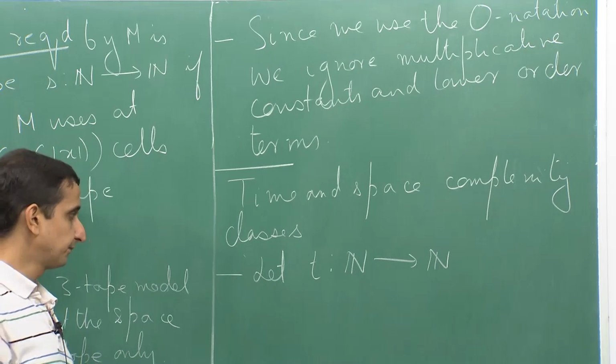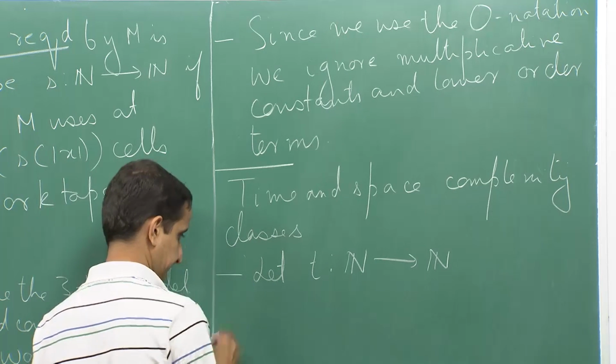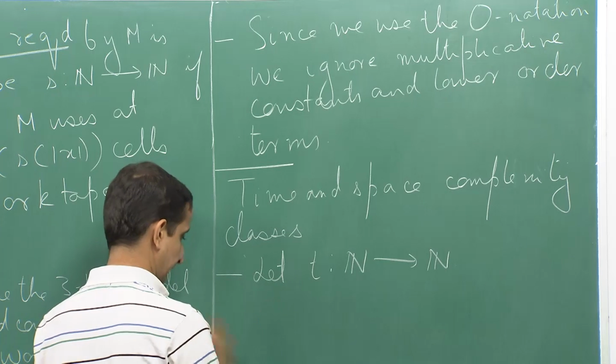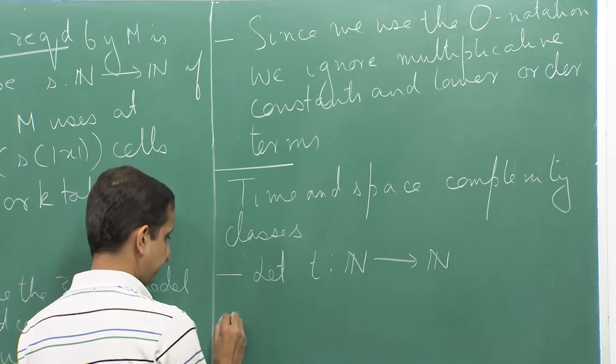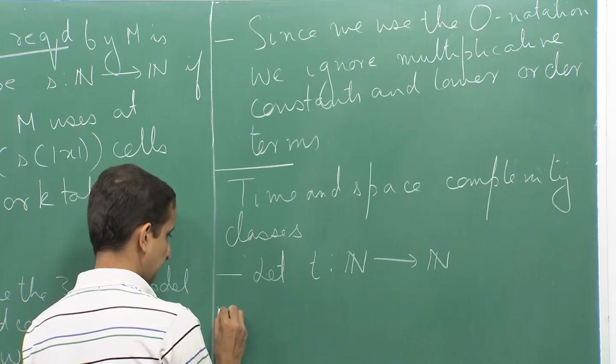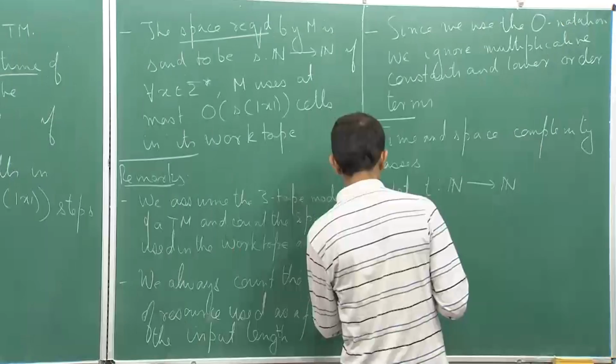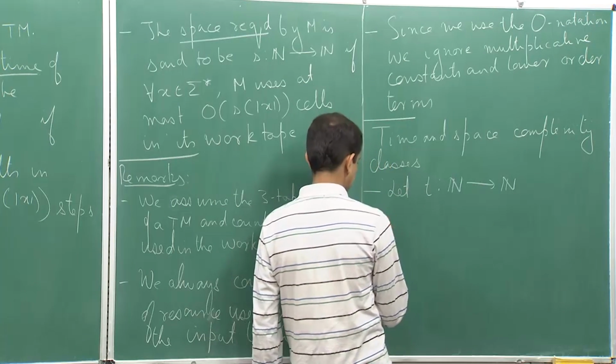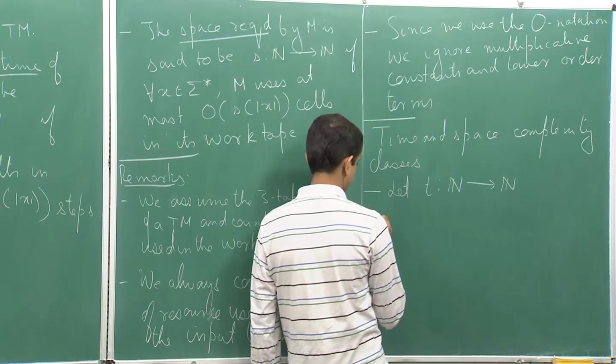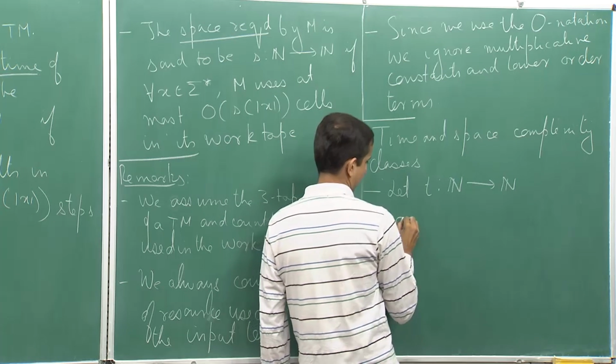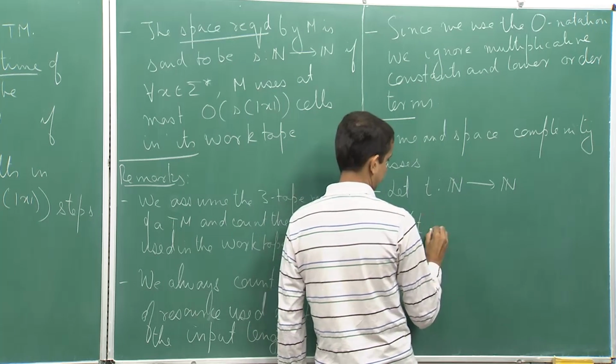Okay. So, this is the time function that we will have. We define the class DTIME T, or we will just call it TIME T of n,